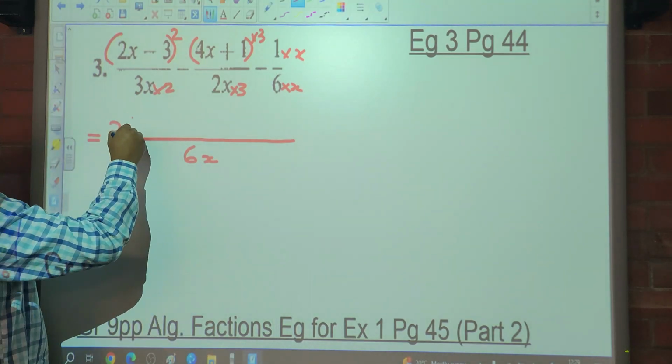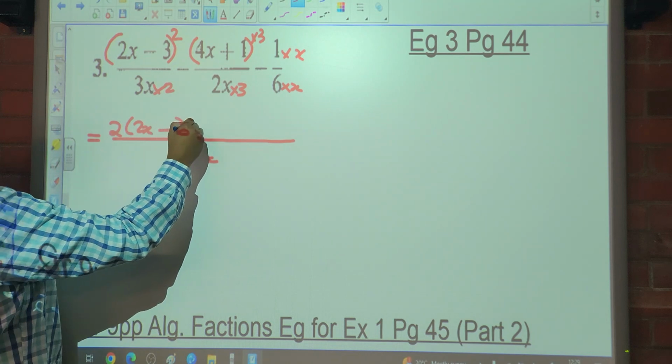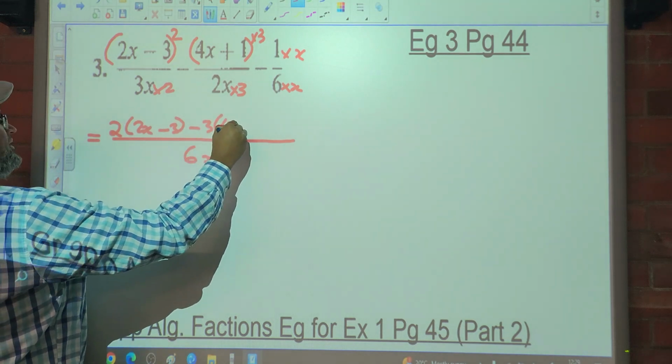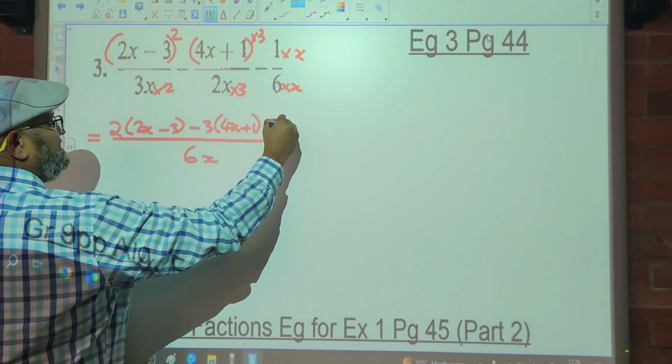So we get 2 into 2x minus 3 into 4x plus 1 minus x into